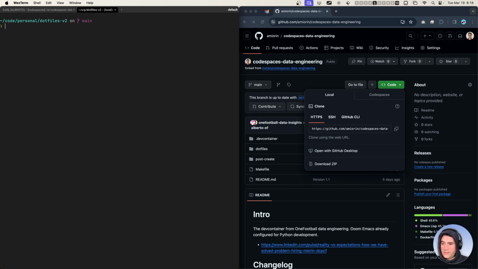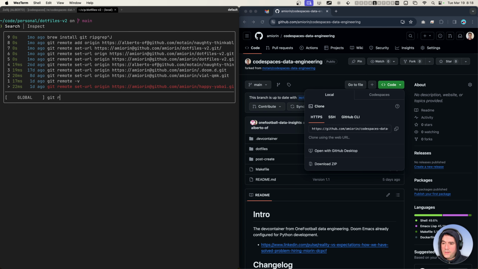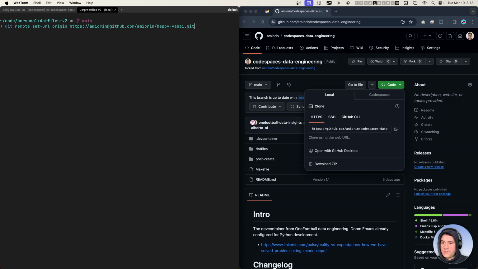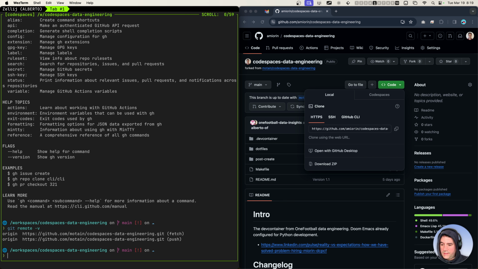Actually, I can search in my history, git remote set URL origins. Okay, so git remote set URL origins is the command. So what I will do here, I will copy this, then I will close this, and here I will set the command, then I will go here, and